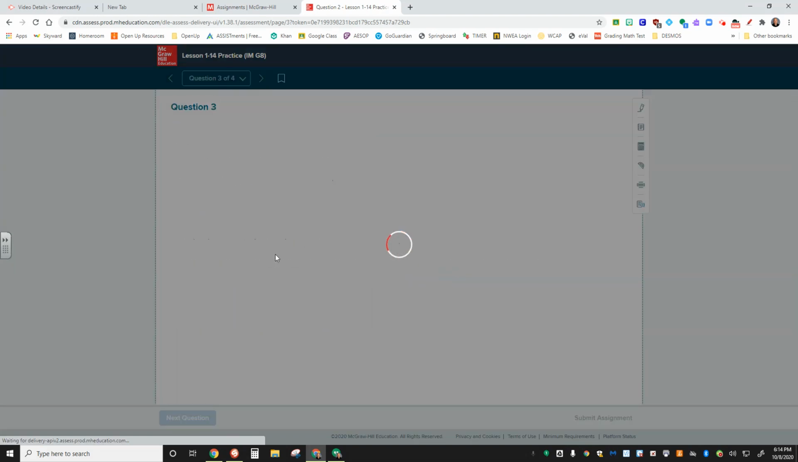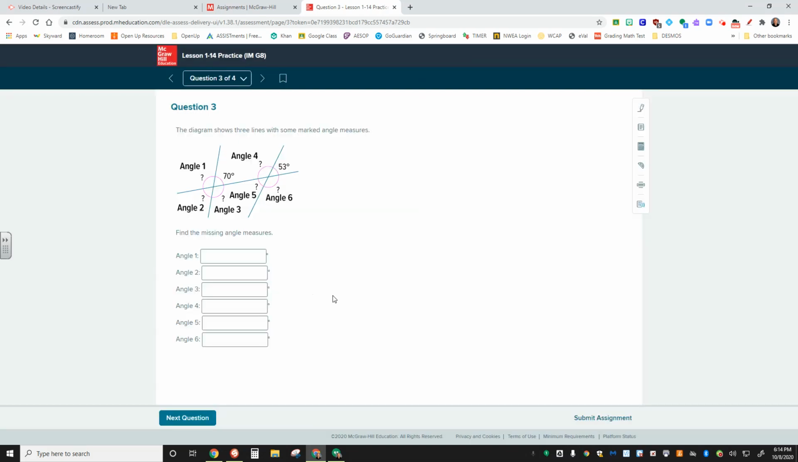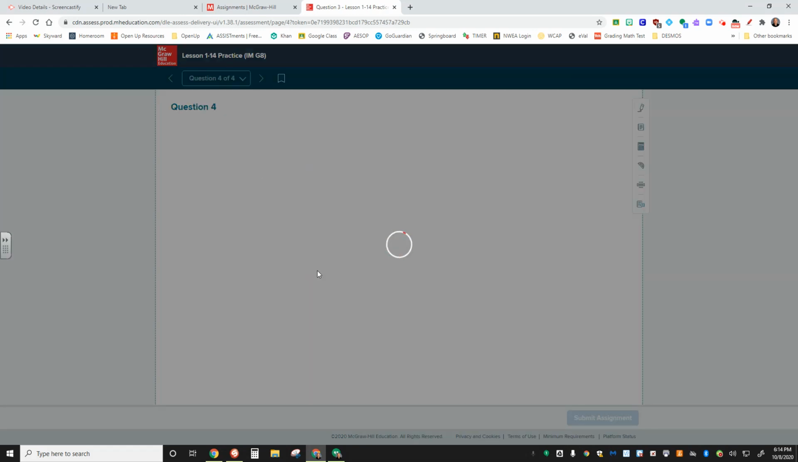Question 3 talks about lines that are not parallel. We can see clearly that these two lines here would be parallel. Your task is to determine the angle measures of these other 6 angles that are unknown. So we have 53 degrees here, 70 degrees here. What are the measures of these 3 angles and these 3 angles? Finally, question 4